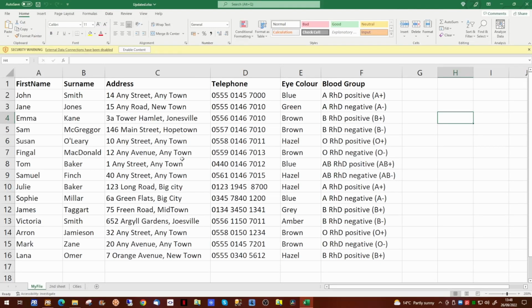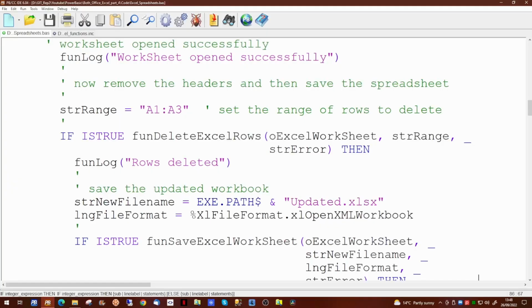we will see that the rows of data at the top above our main data section have now disappeared and all the data has been moved further up. So we have successfully deleted 3 rows of data from the top of a spreadsheet. So using this range approach allows you to delete information from anywhere in the spreadsheet.